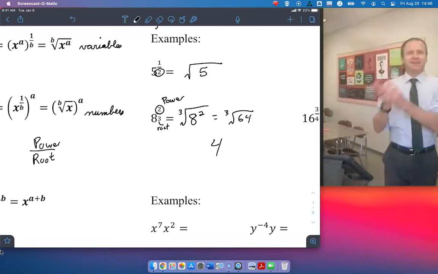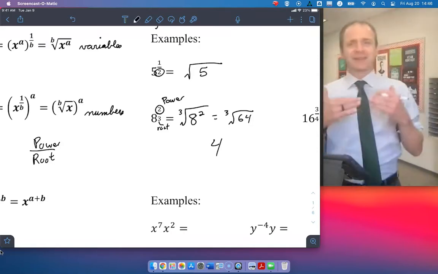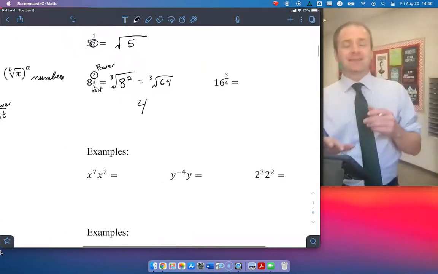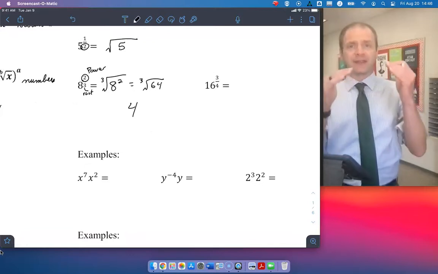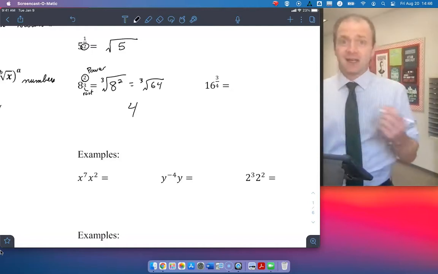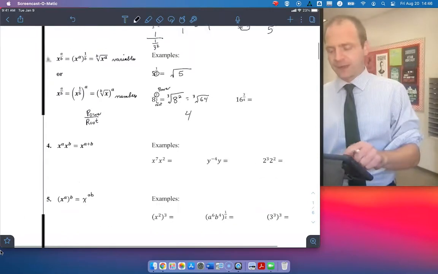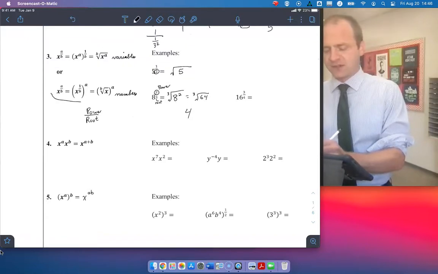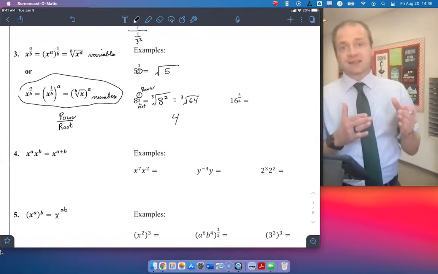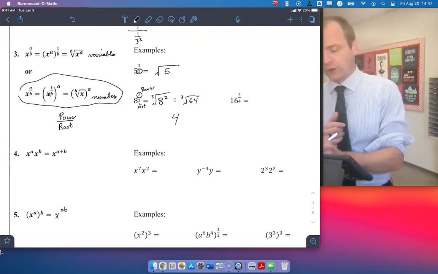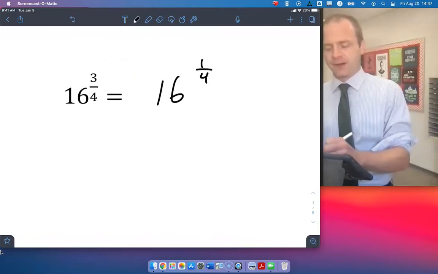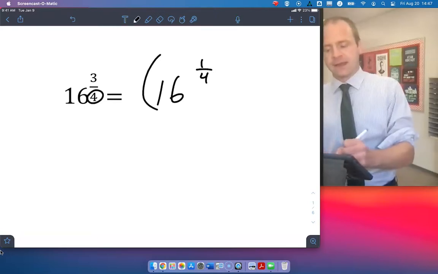Now, I don't like doing it that way with numbers because I took 8 and I made it bigger by squaring it. I'll do it the other way on this one. If I'm doing mental calculations, I like to make the numbers smaller and then raise it to a power, because dealing with smaller numbers is a lot easier. So if I have 16 to the 3/4 power, I do the base, 16, to 1 over your root. So I'm going to change this to 16 to the 1/4 power, 1 over your root,